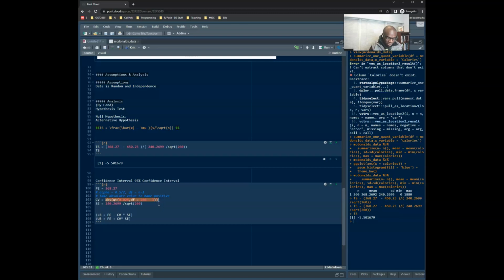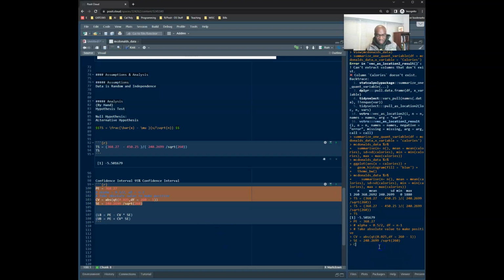Okay, and so based on what we know about alpha, if it's a 95% confidence interval, we take 0.05, right? We divide it by 2, and our degrees of freedom is going to be n minus 1. Okay, so that's what's happening here. 0.025 is our alpha divided by 2, and 260 minus 1 is our degrees of freedom. And so when I run this, I'm able to get my CV, and I'm showing you different ways of doing the same exact thing, just so that you can see the 1.96, and my standard error is